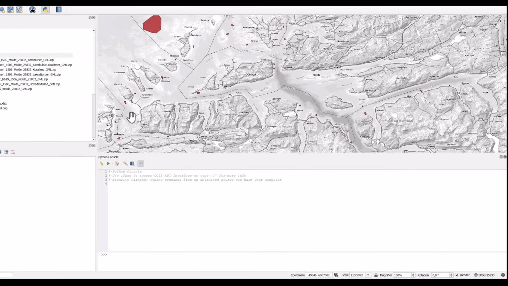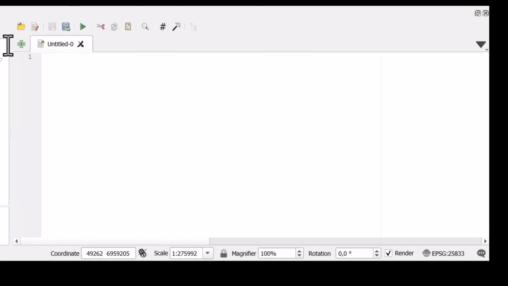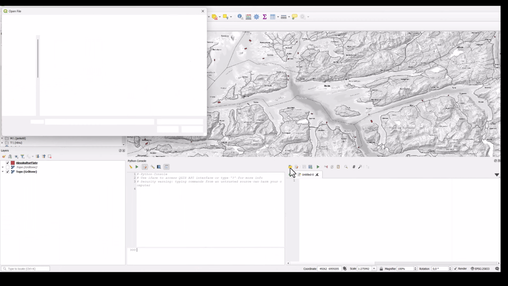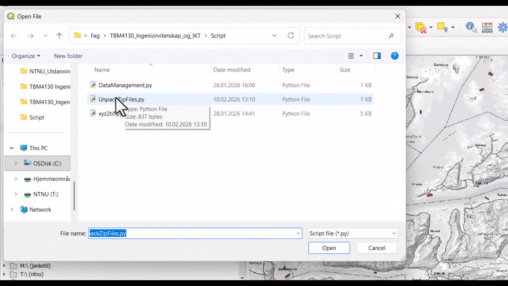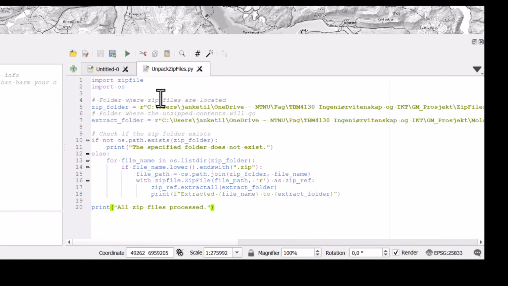Click on it to open it, and open this thing here. Here you can write your Python code, but in this case we have this stored in a file, and I will therefore open the editor, because here you can then open files containing the script you want to run. So click on open and browse to where the zip file is located, Unpack zip files, and this is then